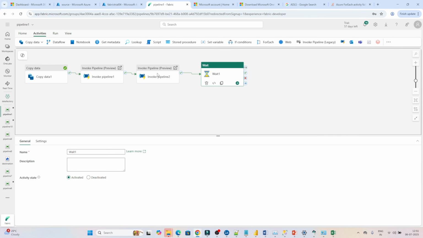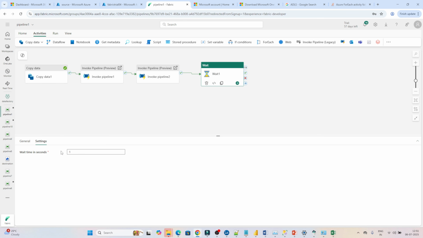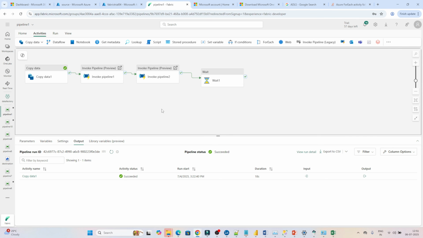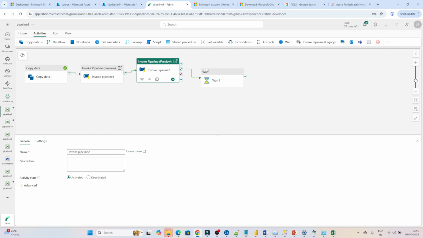It's very simple. Click on the wait. Go to the settings. It will ask for the wait time in seconds. Suppose you want to wait for 5 minutes. So what can you write? 300. So 300 is nothing but 5 minutes, right? Like that, you can mention it in seconds. What will happen after running this pipeline? It will wait for this